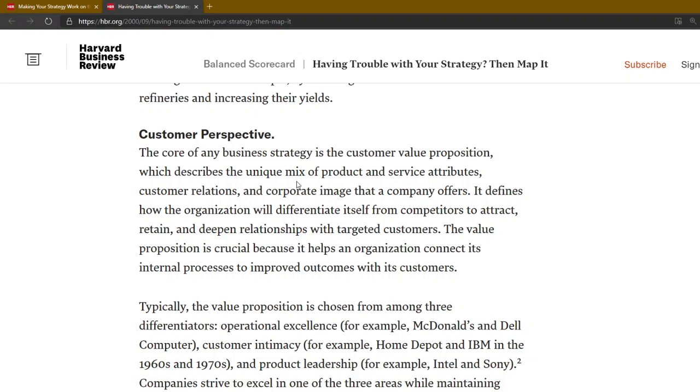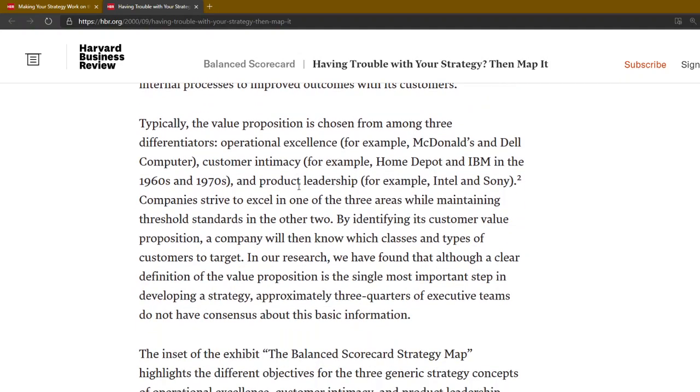It defines how the organization will differentiate itself from competitors to attract, retain, and deepen relationships with targeted customers. The value proposition is crucial because it helps an organization connect its internal processes to improved outcomes with its customers. Typically, the value proposition is chosen from among three differentiators: operational excellence, for example, McDonald's and Dell Computers; customer intimacy,